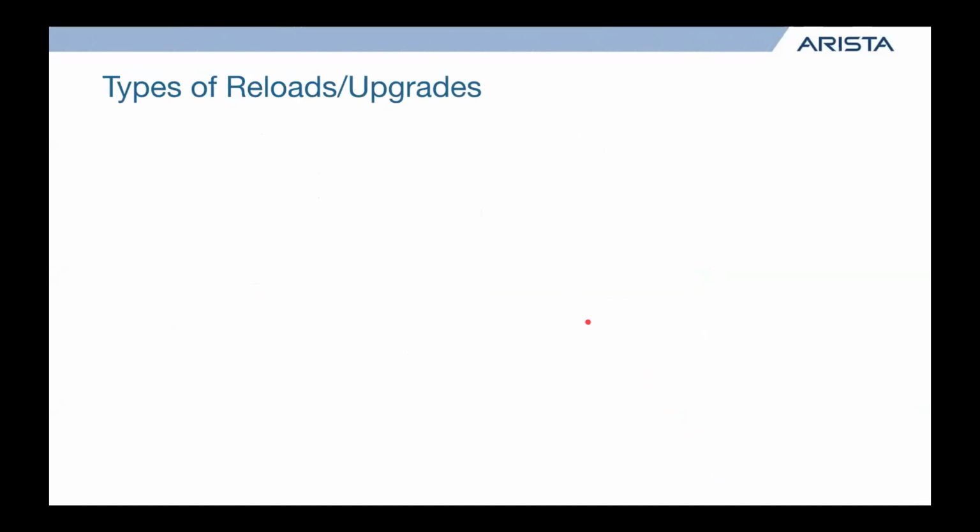So with all that image talk complete, let's talk about actually how do you upgrade the switch. We have our standard reload upgrade. This is what most people would be familiar with, where you would set your boot statement to point to the new version of code and then reload the switch. Everything goes down, and then a few minutes later, it comes back up running the new image version of code.